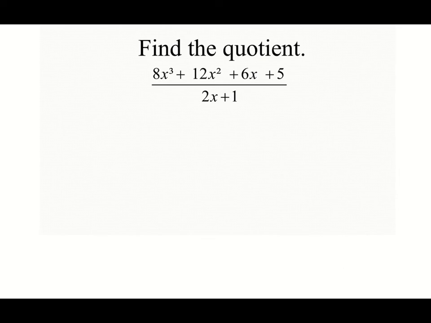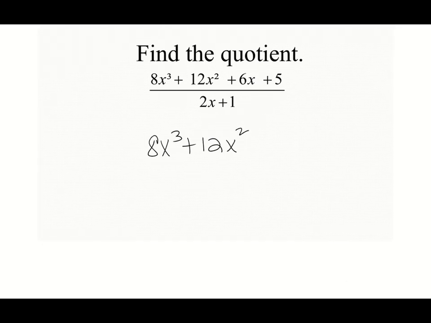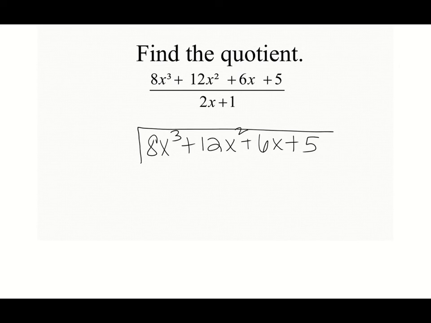So if we go ahead and write this out, we have 8x cubed plus 12x squared plus 6x plus 5 divided by 2x plus 1. So we're going to go through and we're going to do the same process. So we're still looking at this first term here, 2x, and our first term here that we're going to start